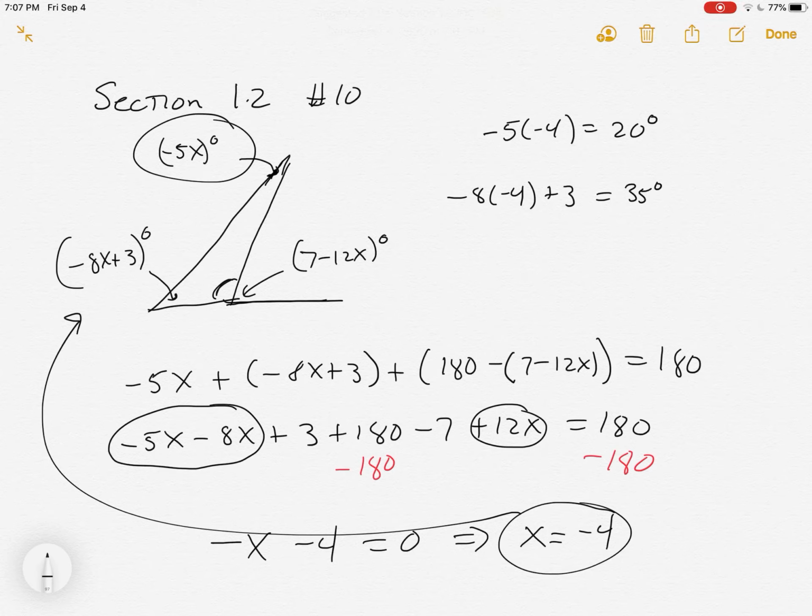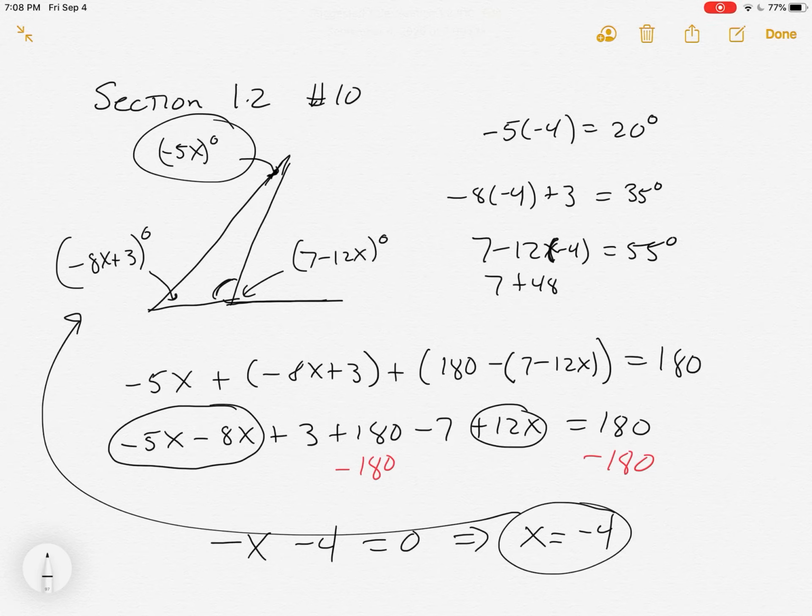35 degrees. And the last one that we needed to identify, again, it's not asking for the third angle of the triangle, just all the marked angles: 7 minus 12x. Oh, apologize, x we now know is negative 4. That's 7 plus 48. That's 55 degrees. And so we have the three answers of 55 degrees, 35 degrees, and 20 degrees, using nothing more than our